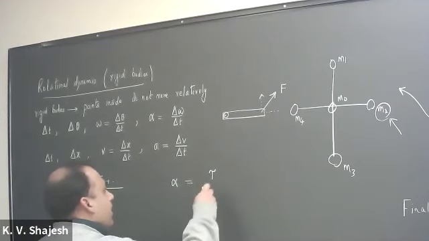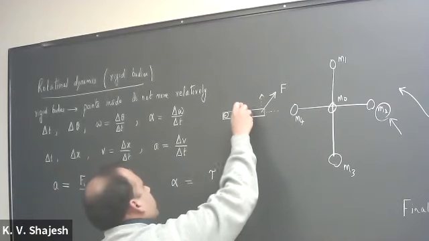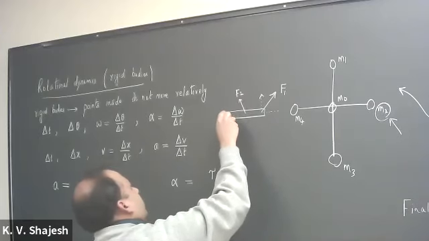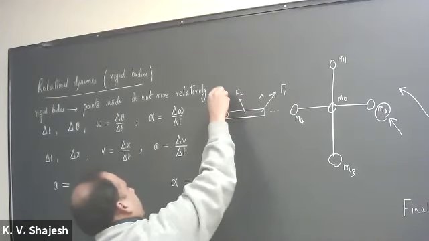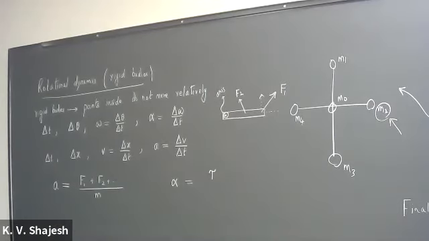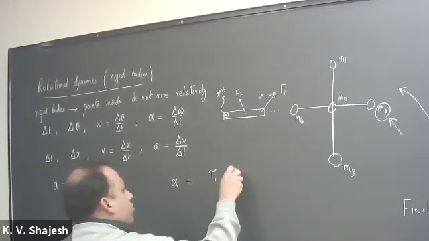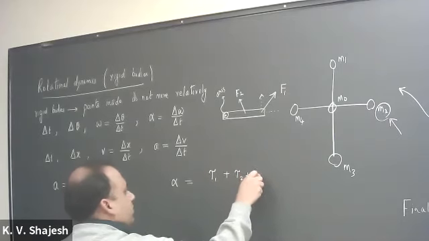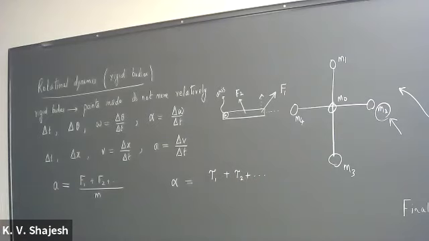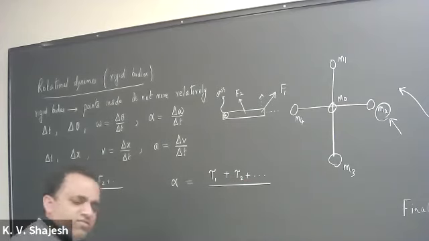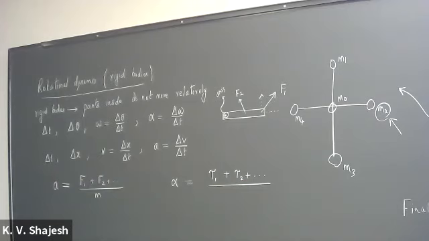So that's torque, and there could be many forces acting on this, right? So there could be F1, there could be F2, and so on, and that's your axis. We would like to know what determines the motion. It's surely the torque due to force 1 plus the torque due to force 2, and so on. Right? Very similar to the forces adding up. And now we would like to ask what resists the angular motion of the door about its axis.